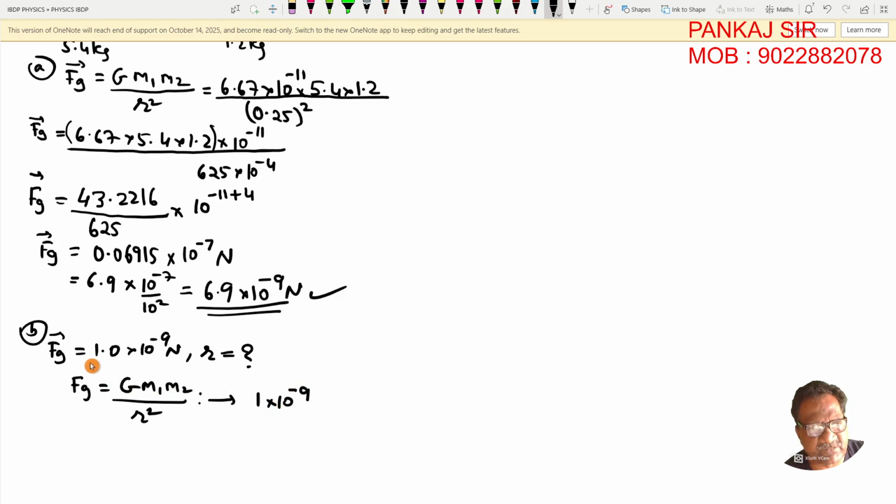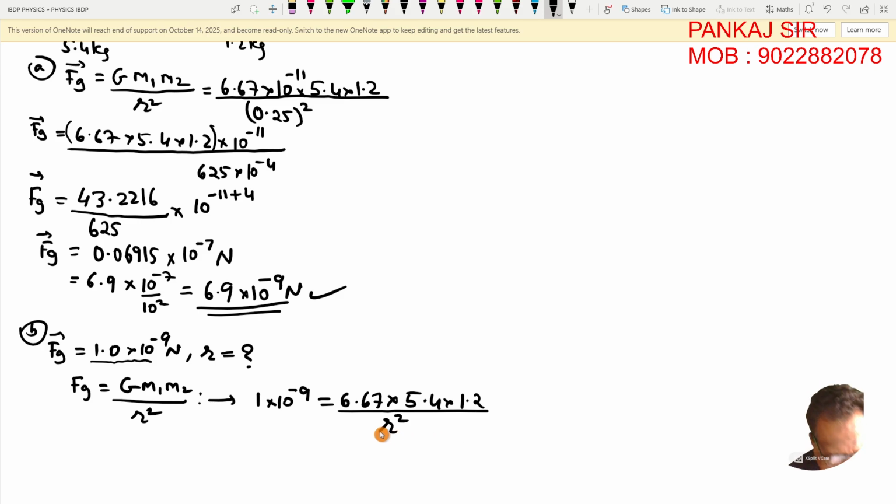Okay, that is this force, right? This should be equal to 6.67 times, the masses are remaining same, so 5.4 kg times 1.2 kg, whole thing divided by r square. Now this time we want to find out r. Okay, so that is the unknown. Fine. Now if you arrange this, you will get r square equal to